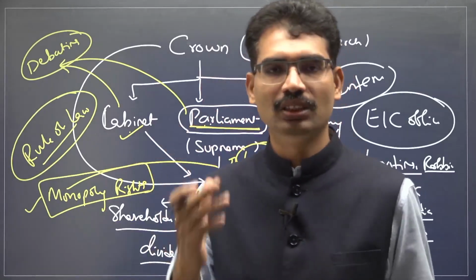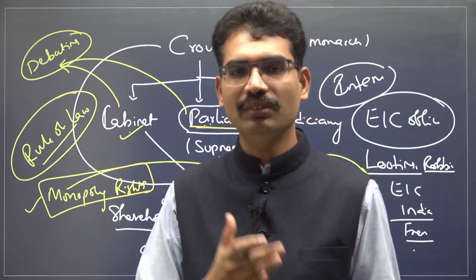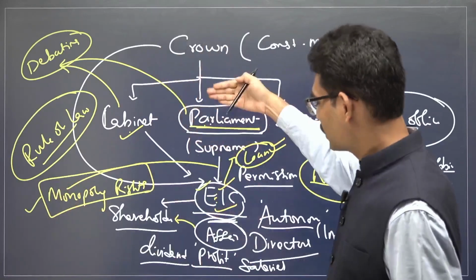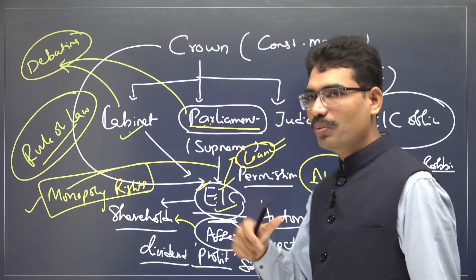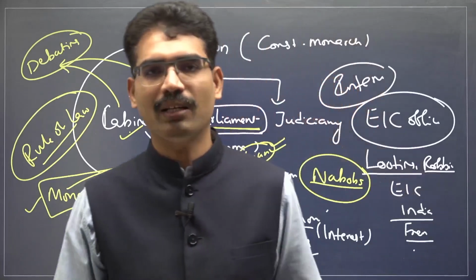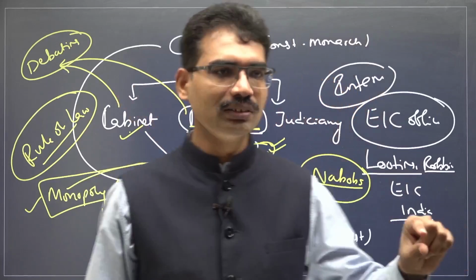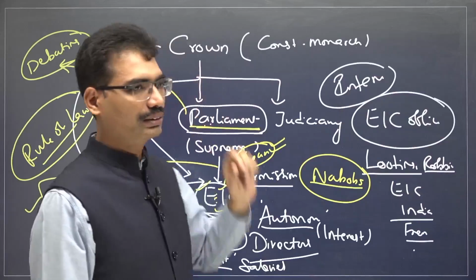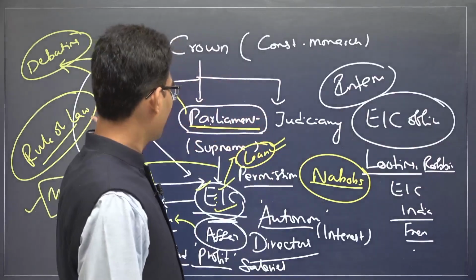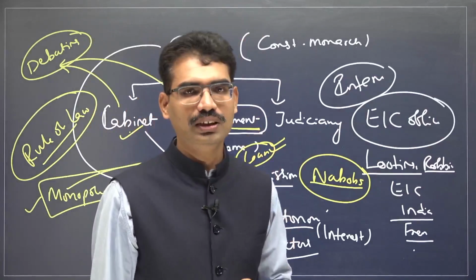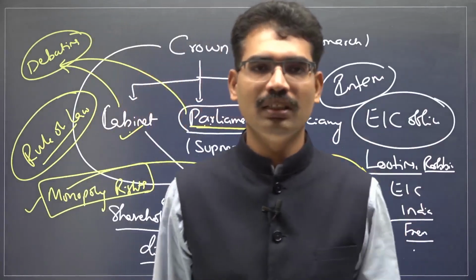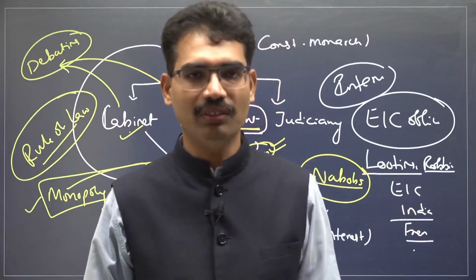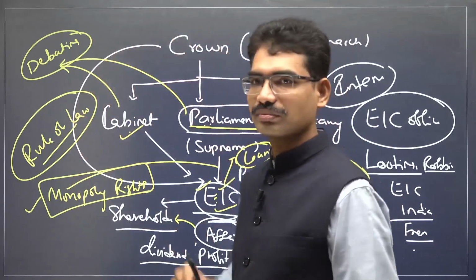the Regulating Act. You see the term itself, Regulating Act. This is how the Regulating Act comes into play. The moment the Regulating Act was passed by Parliament, gradually Indian affairs were going to be dictated by Parliament, Cabinet, and indirectly the Crown. This is how Indian politics gradually moved from Indian rulers into the hands of the British Crown through the East